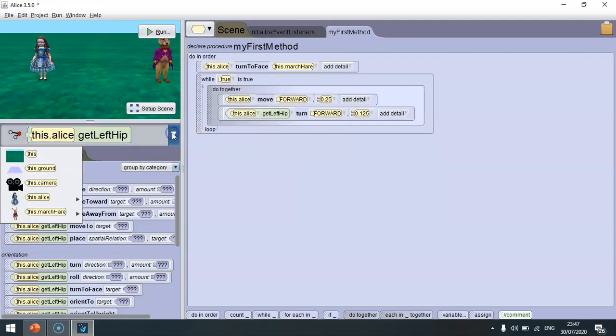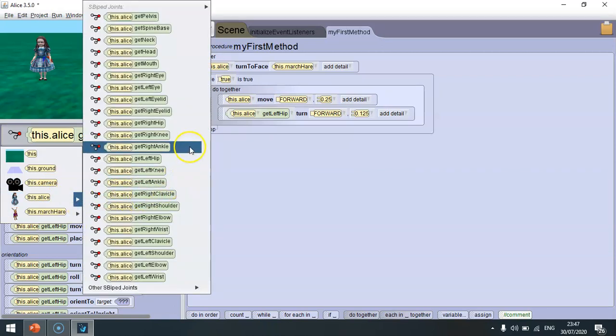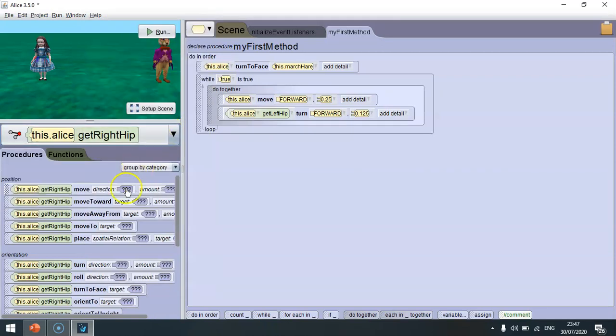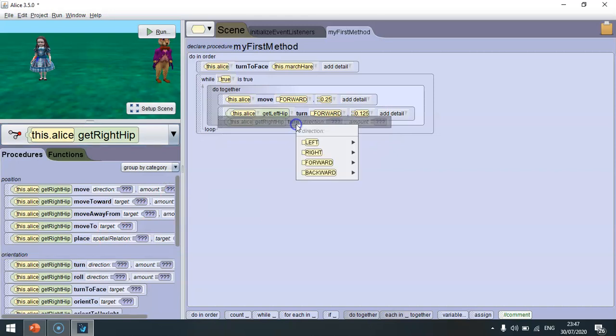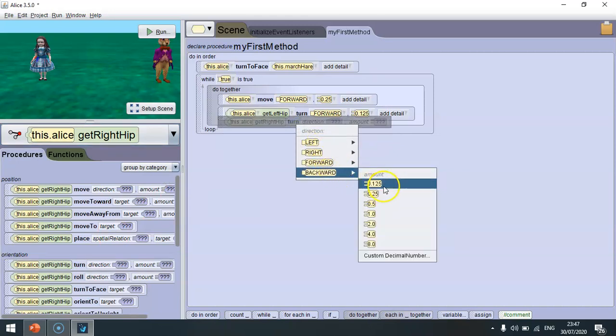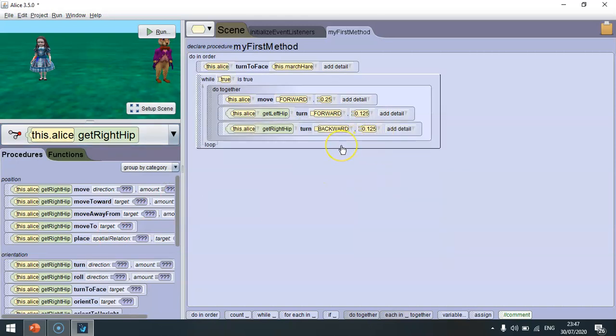Same again, I want to do her right hip, so I'm going to do a right hip, and I'm going to say I want it to turn backwards this time. So I have a left leg going back, a left leg going forward, a right leg going back, and she